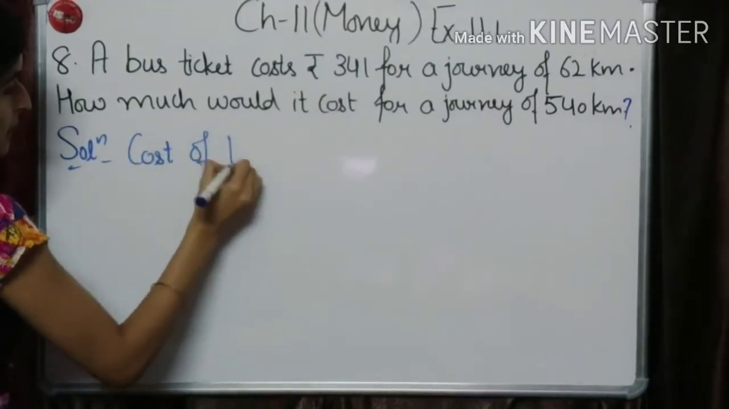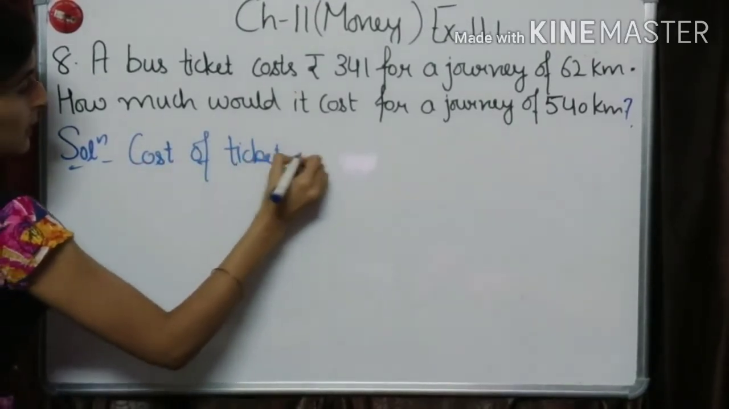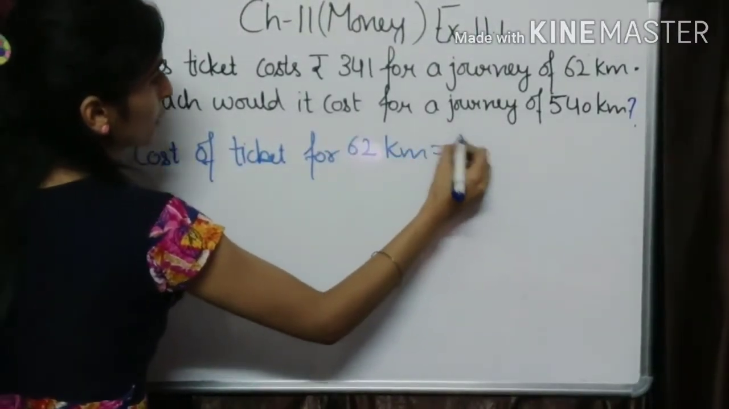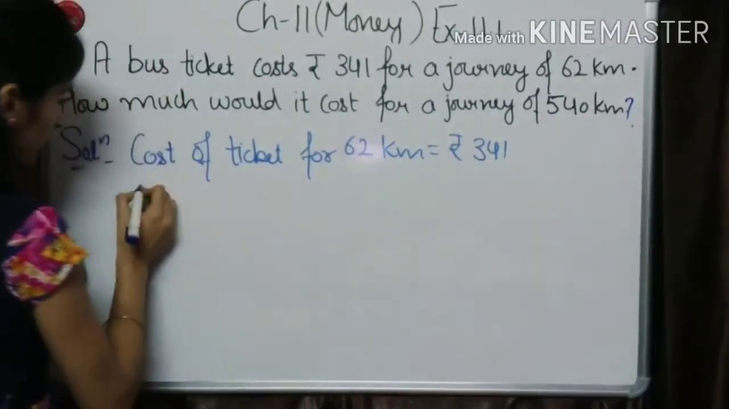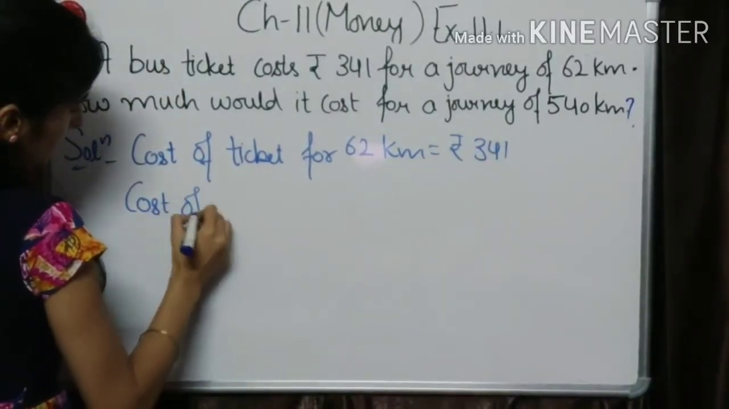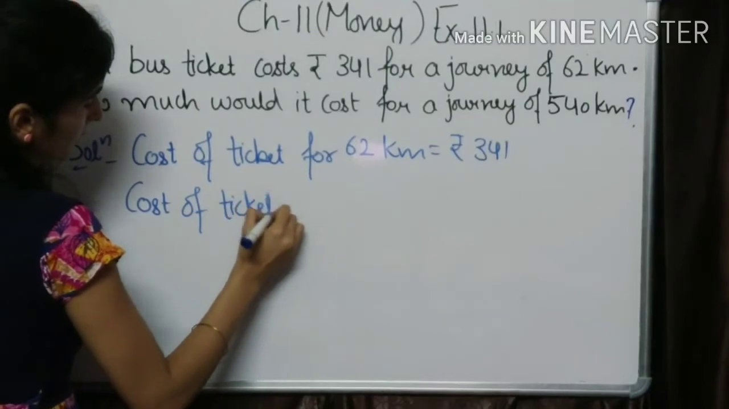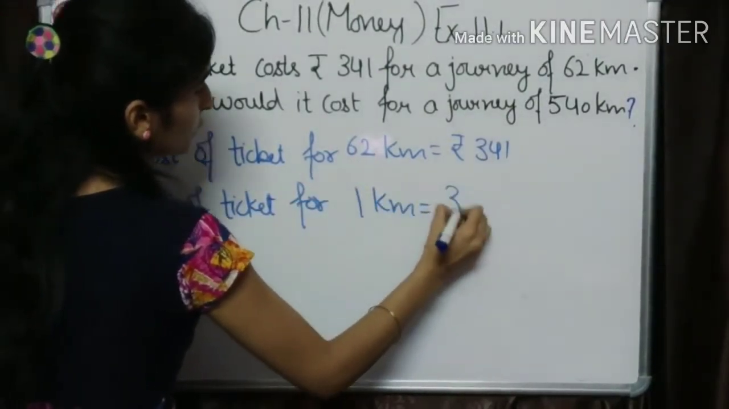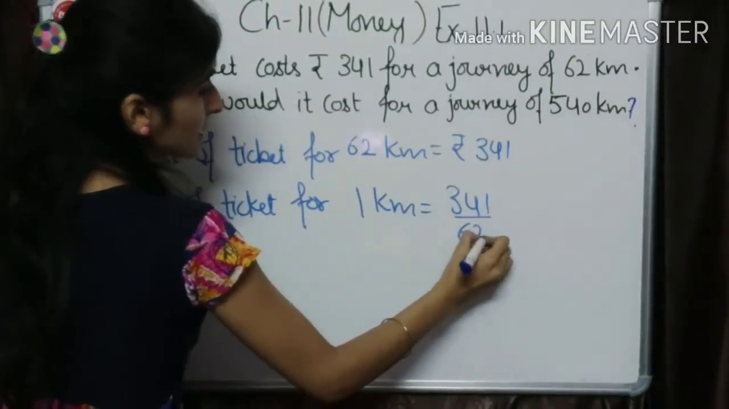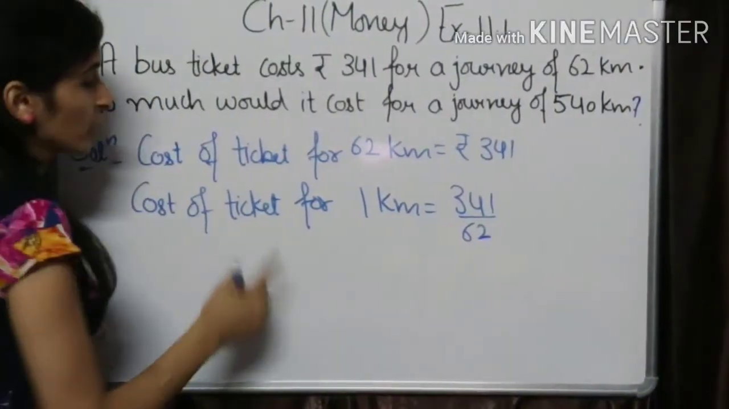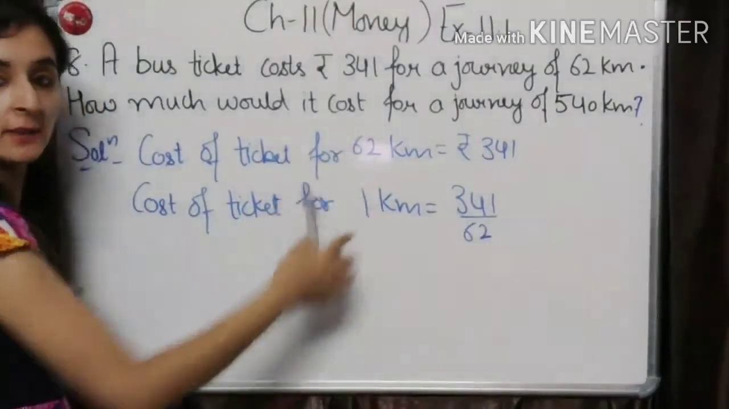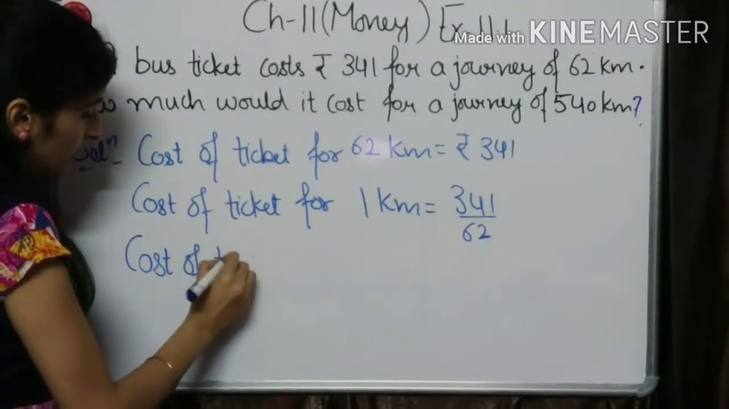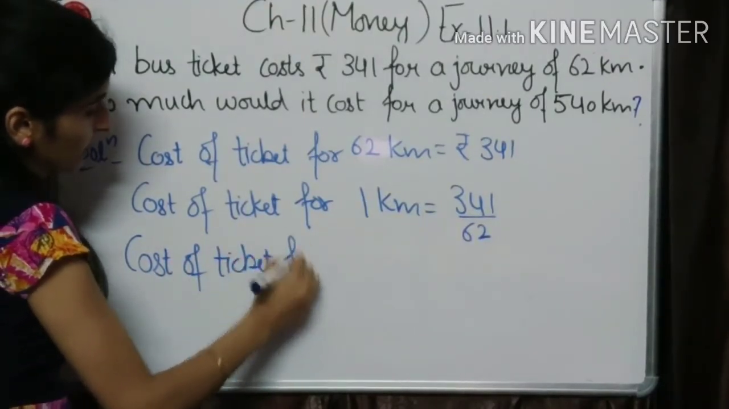Cost of ticket for 62 km is rupees 341, and cost of ticket for 1 kilometer will be equal to 341 divided by 62, because we are finding for 1 and we have been given for many. Now, cost of ticket for